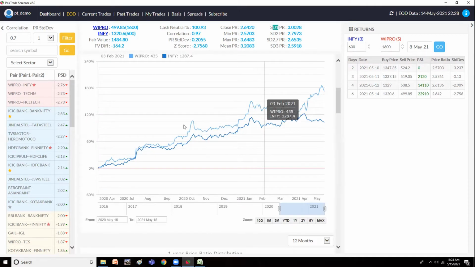Coming to the charts, the first chart will display the last 1 year performance in terms of percentage returns. So if we take 19th May, how each stock has performed. If you look at it, Wipro has given almost 170% returns in the last 1 year, and Infy has given around 110% returns. But if you compare both of them, there is a huge difference in the performance. It's like 70% of difference.